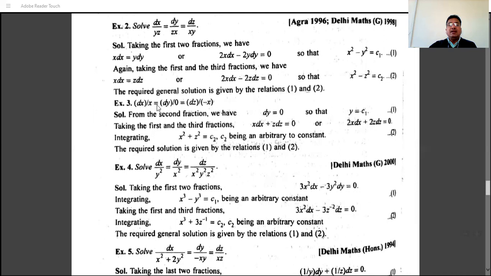Okay, then dx by x, dy by 0, dz divided by minus x. So dy by 0 means dy is equal to 0, and therefore y is equal to c1 is one solution. So if the denominator is 0, then directly we have one solution from that factor, that is, dy by 0 means dy is equal to 0, and therefore after integrating both sides we have y, since the integration of dy is y, plus a constant of integration, suppose c1. So this is the first solution, and then consider the first and third fractions,